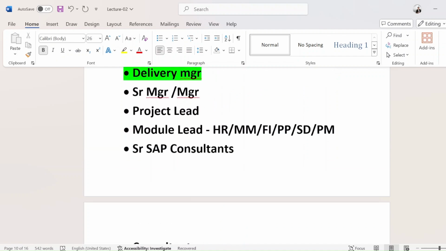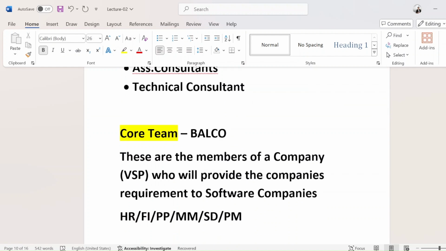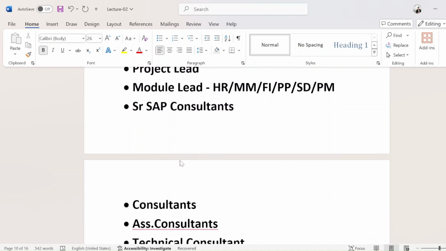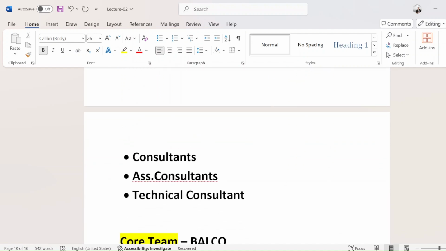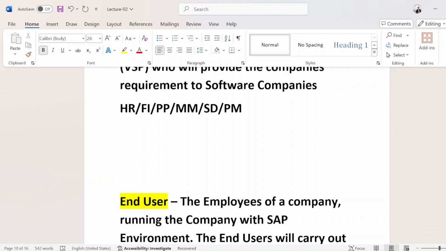So these consultants are going to resolve the tickets. If end users get stuck somewhere in that support project, let's suppose TCS is doing the support project for Mehta Private Limited. The software team from TCS is going to resolve all these tickets. Either the lead consultant or the project manager decides that this is an MM-related ticket, this is a Sales and Distribution-related ticket, this is a FICO-related ticket. Module-wise they decide and provide the tickets to the consultants, and they resolve those tickets. So that's a support project.